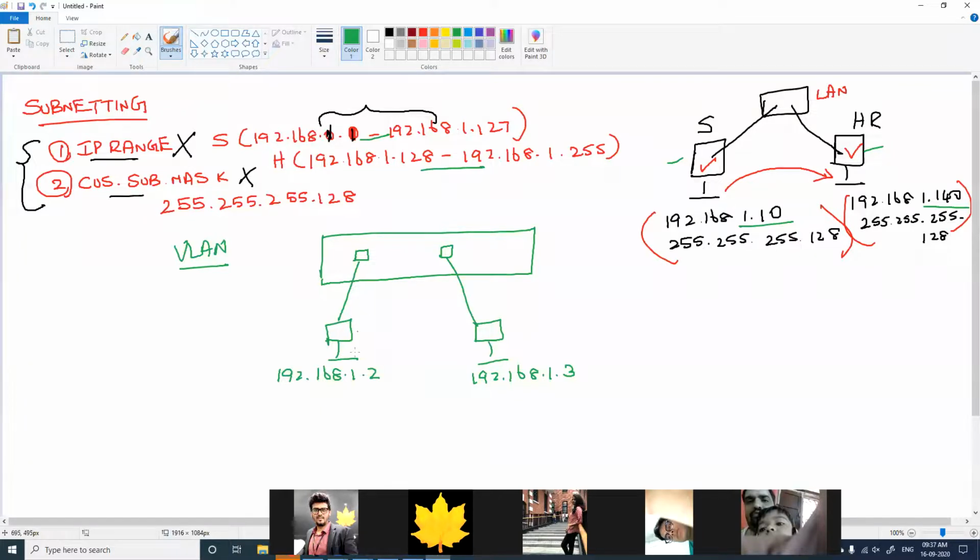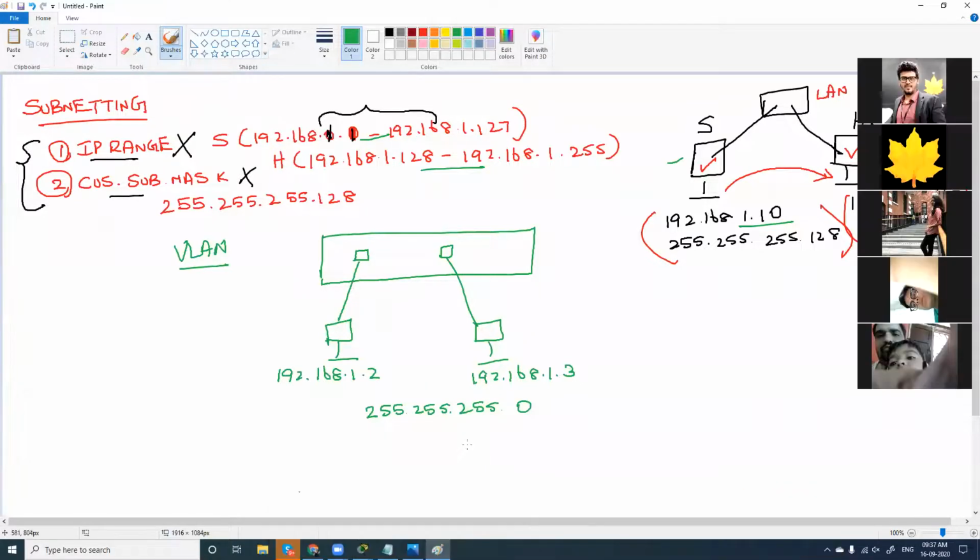No, not like this, but I have the immediate IP address here, and my subnet mask for both of these computers is 255.255.255.0. I have a default subnet mask, right? These are connected to a switch, and yes, they all belong to the same LAN. Now my question is, if I try to ping from this to this, will I get a reply? Yes, very obviously we'll get a reply.